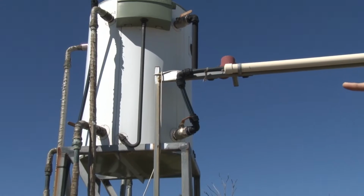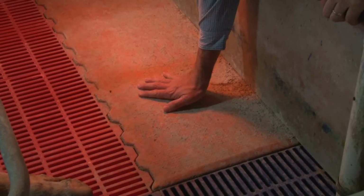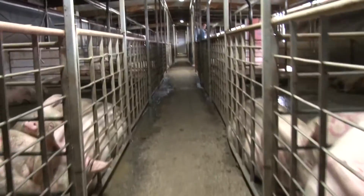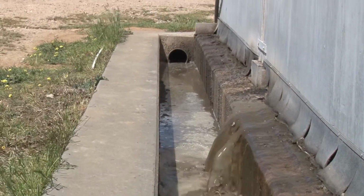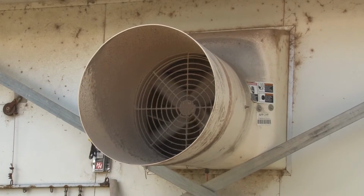At this piggery in Queensland, biogas is burned in a modified natural gas boiler, heating water which is circulated through heat pads in farrowing sheds to keep piglets warm. Across Australia and New Zealand, biogas offers unique opportunities for the pork sector. Pig manure is particularly effective for producing biogas, and it can be used to fuel a piggery in simple and